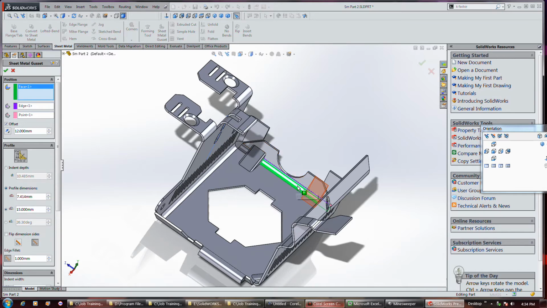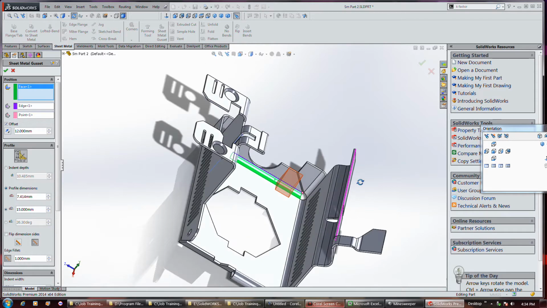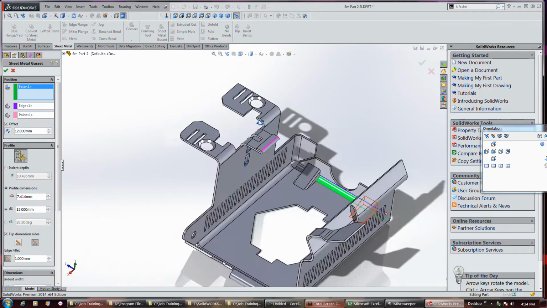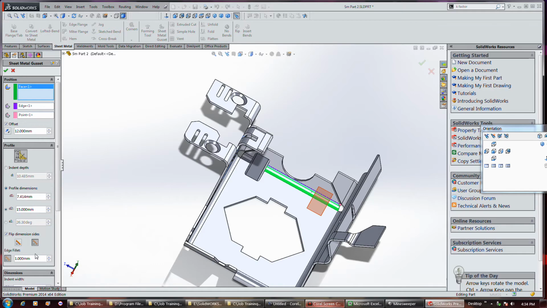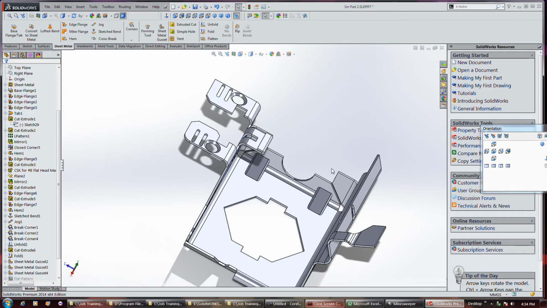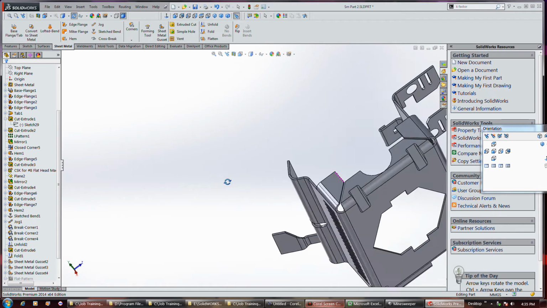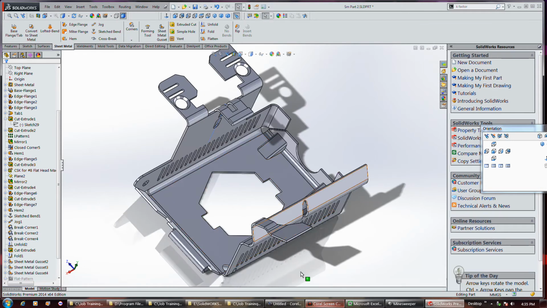Alright, so I'll put that one there. Okay, it's automatically realizing that it should be on the other side. I guess it's got the same parameters as last time, so you know, if I created a new one, I probably could have just mirrored it. Anyway,